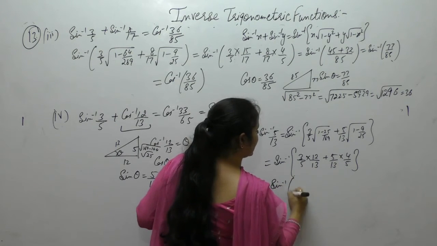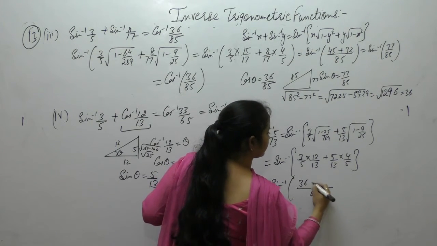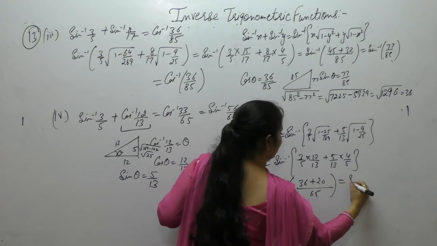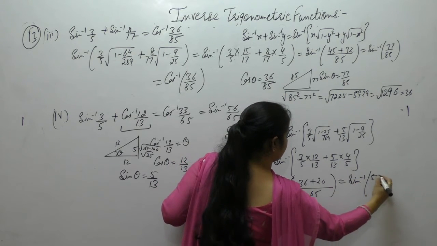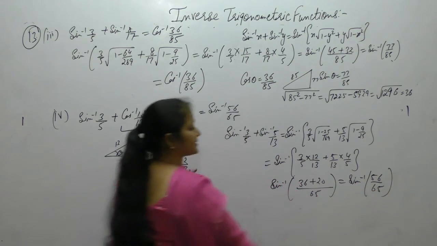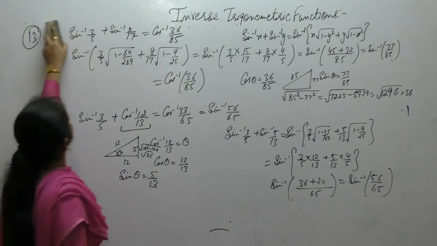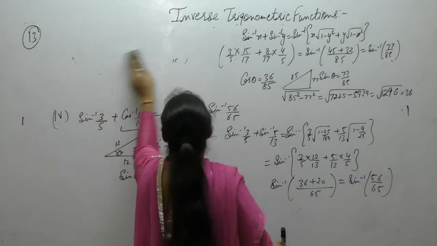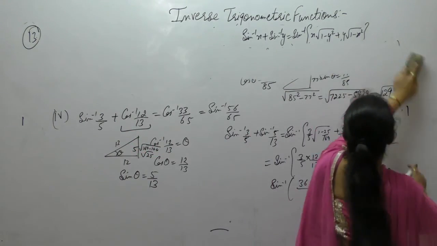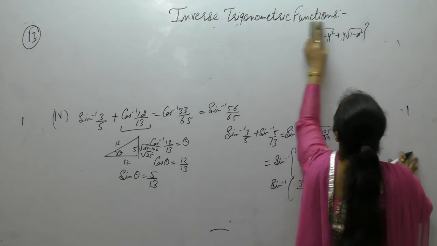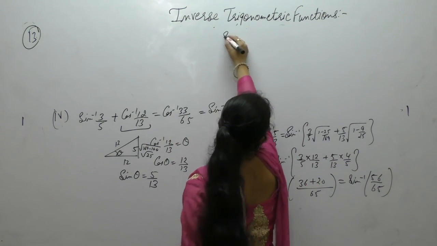So we get it as sine inverse 56 by 65. Now we want to prove it equals cos inverse. So let the sine of this function be equal to phi. Sine inverse